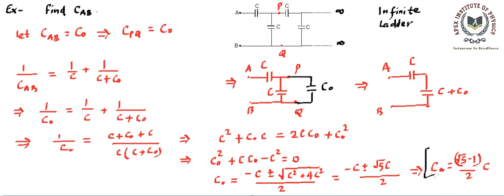So in case of an infinite ladder, we will find this is going to be the equivalent capacitance if C is the capacitor that we are repeatedly using. Now if C has been given as a numerical value, we can remember this as our answer, and we can put the value of C to get our answer quickly. And we should not go for all these calculations. As long as C is known to us, we can find out our answer is going to be root 5 minus 1 upon 2 into C. So that's called an infinite ladder, a particular case in which we need to find the equivalent capacitance.